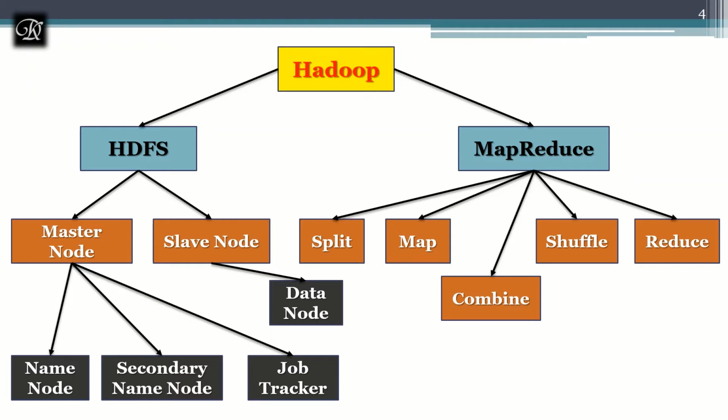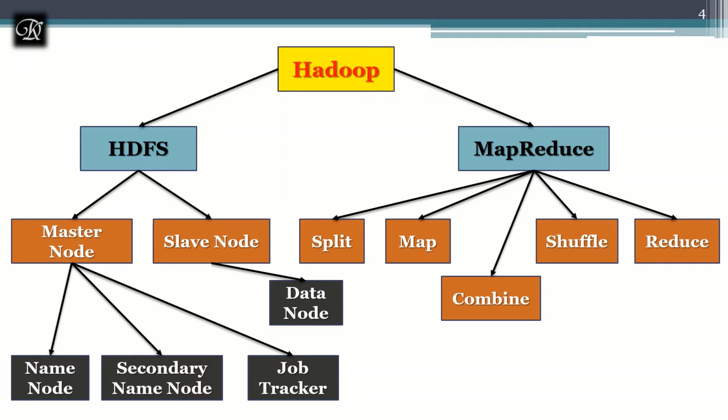the data storage and processing will happen from the same server nodes. So it's going to go with the concept that moving computation is cheaper than moving the data. Yes, of course, because here we have a huge amount of data. To move the data itself, we need a lot of time over the network. That's why they go with the concept of moving the computation rather than moving the data.